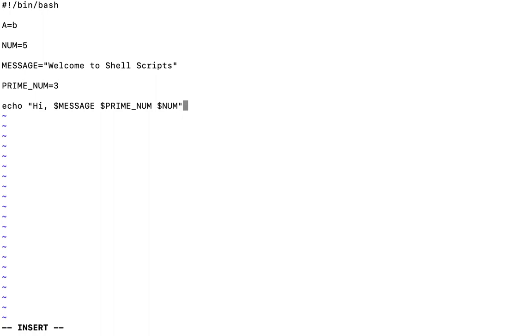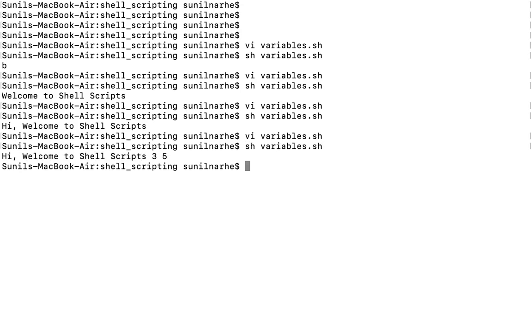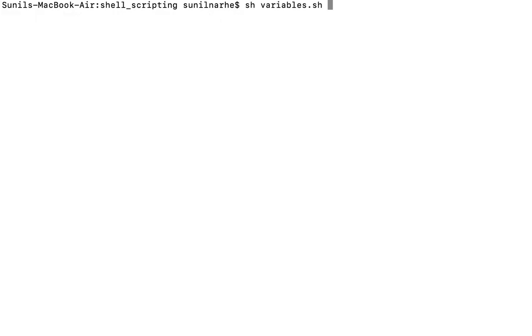So in this example, this is the way we print all the variable values at a time. Furthermore, I would like to tell you that in a shell script, we can also pass the hyphen x option to troubleshoot or to see the execution of the shell script.